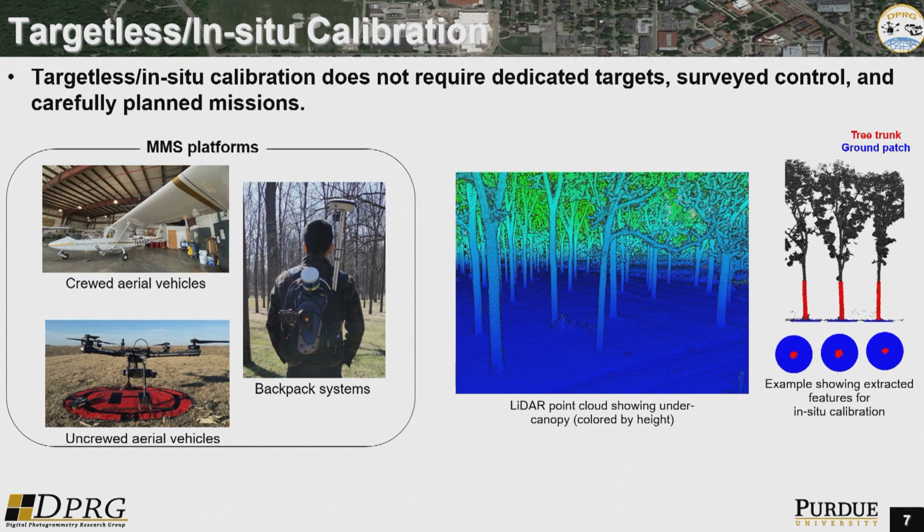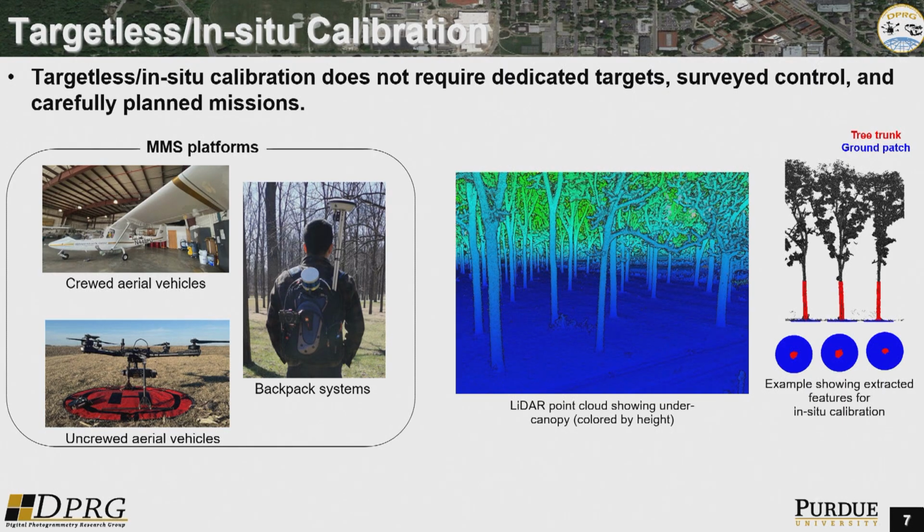And one of the things we are working on here is how to develop a generalized calibration framework that can handle data from airborne systems, from UAVs, whether crewed or uncrewed, and from the ground, like for example, our backpack. And because it's targetless, we have to rely on the features we see. So this is what you see on the right, some examples of what kind of features we can use in a forest environment. In a forest environment, we can see the ground, the trees, the tree trunks, and the branches. Those are the primitives or features we use in the optimization for the system calibration.